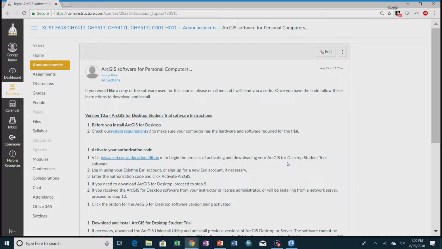You'll need that to do the short course, that's the lab today. You'll also need that code to get the software on your computer, to get it to actually run. So if you install ArcGIS, or just install ArcGIS Pro, either way, I don't care. But there's no reason not to install both of them, and there might be a situation where we use ArcMap. Okay? So you'll need the code to actually activate